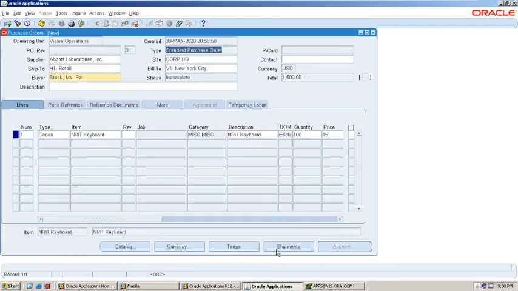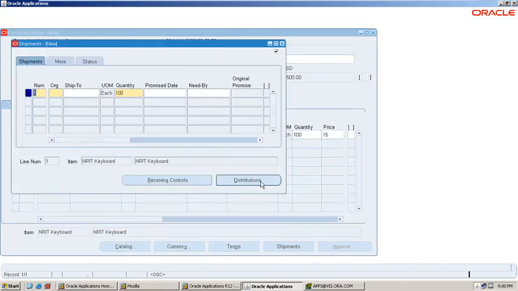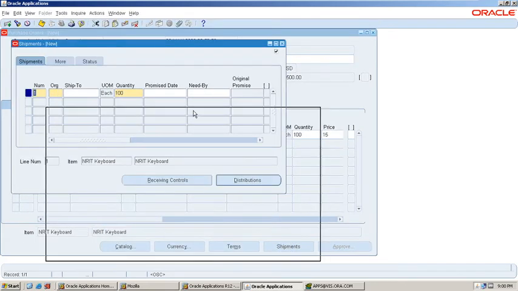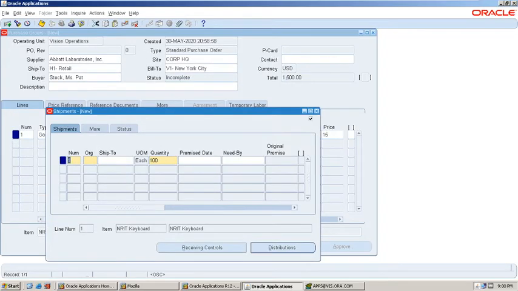Next, shipment details. Enter shipment details: from which organization to which organization you want to ship the items.